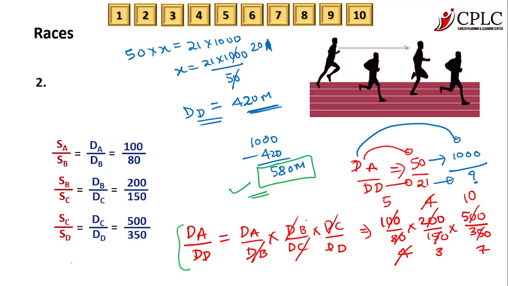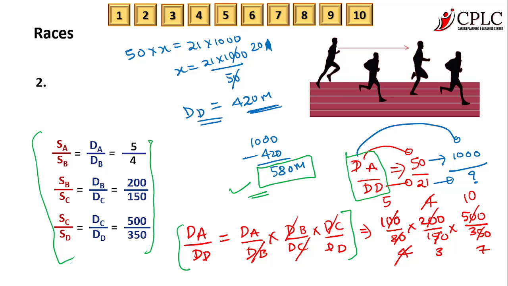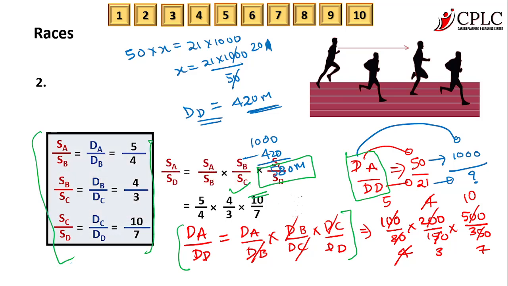So folks, remember something. If at all something like this comes, this is what you need to think. Different races, different people, and the question asked is also very, very different. So what we have done is we have taken the help of ratios. Multiply all these numbers with each other so that we are left with what we want to calculate, and that then becomes the matter of calculation to get the right answer in this particular framework. So that's your question number two. Hopefully you have understood that.